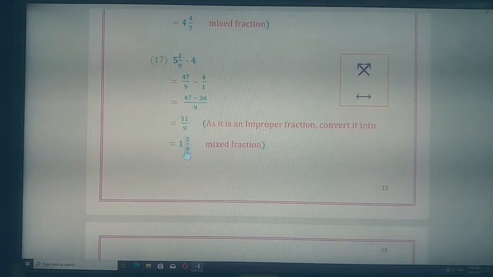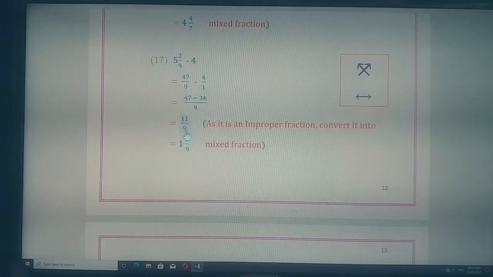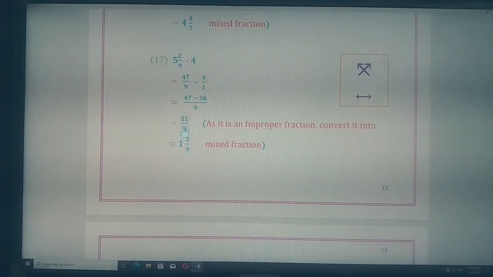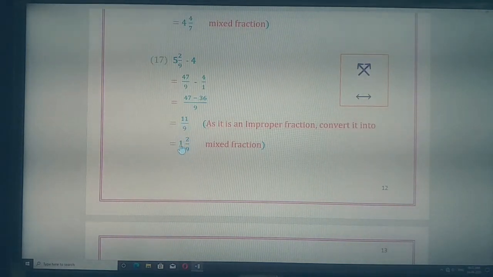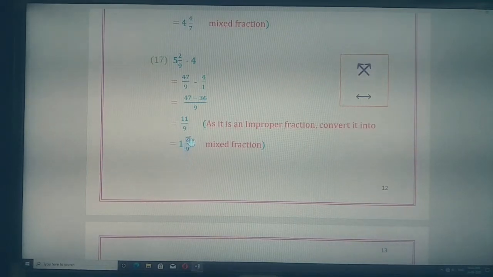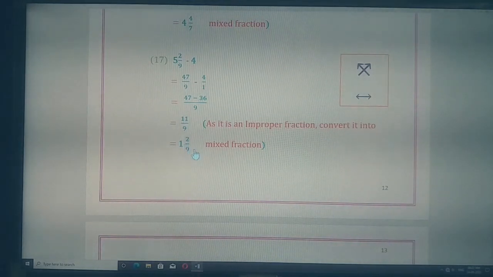So here 9 will be written as it is. To convert an improper fraction into a mixed fraction, we have to use the multiplication addition rule. So 9 stable, 9 will be written as it is, and we say 9 ones are 9, 9 twos are 18. 9 twos are 18 is more than 11. So we'll write 9 ones are 9. And how much will we count to get 11? 9 ones are 9, 9 and carry 2. 9 ones are 9 plus 2, we get 11. So the answer will be 11 upon 9 written as 1 integer 2 upon 9.